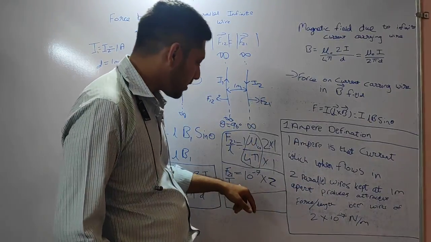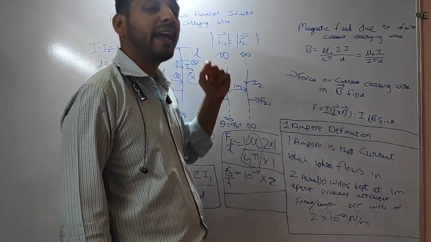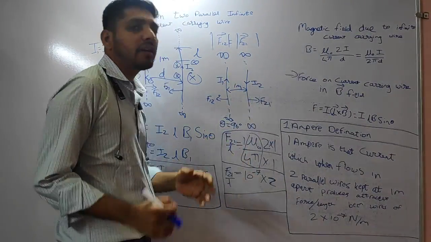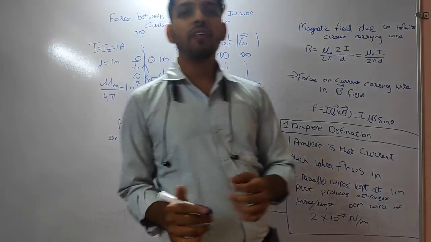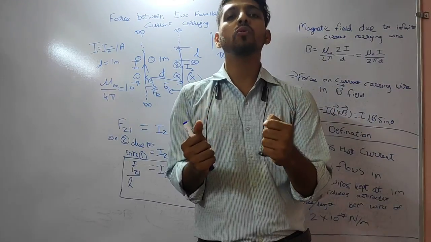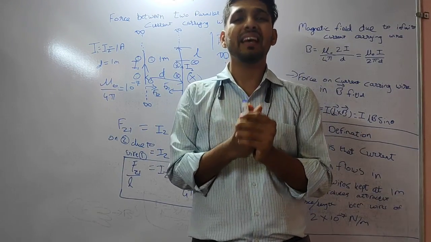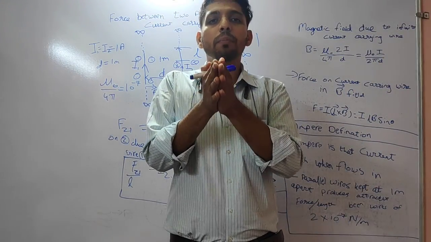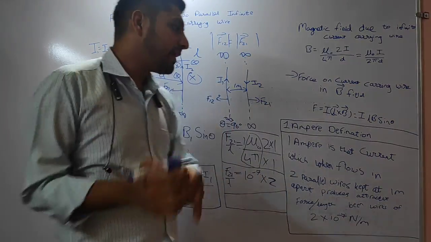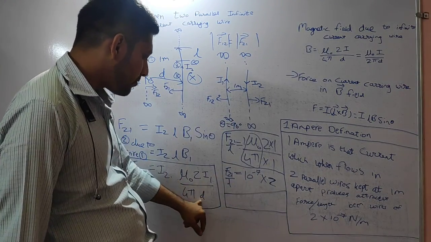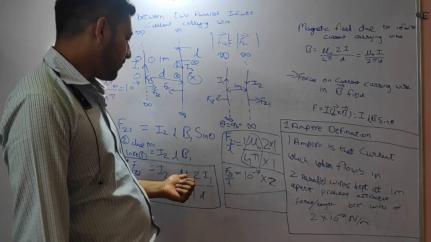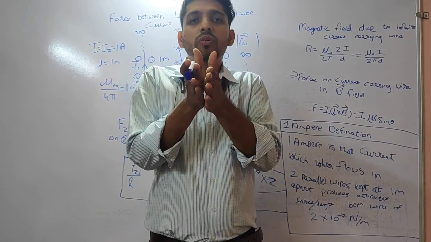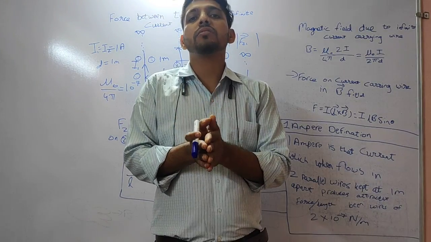You can see here that the force is very small, 2 into 10 raised to minus 7, which means ampere is a very big unit. So if you have wires in your house, they will not attract because of friction also, because the force between them is very less. So if instead of 1 meter you keep them very close to each other, then they can attract, because the value of D will decrease. And if the current increases, then also you can do it, but you need to keep them very close, then only will they experience the force.